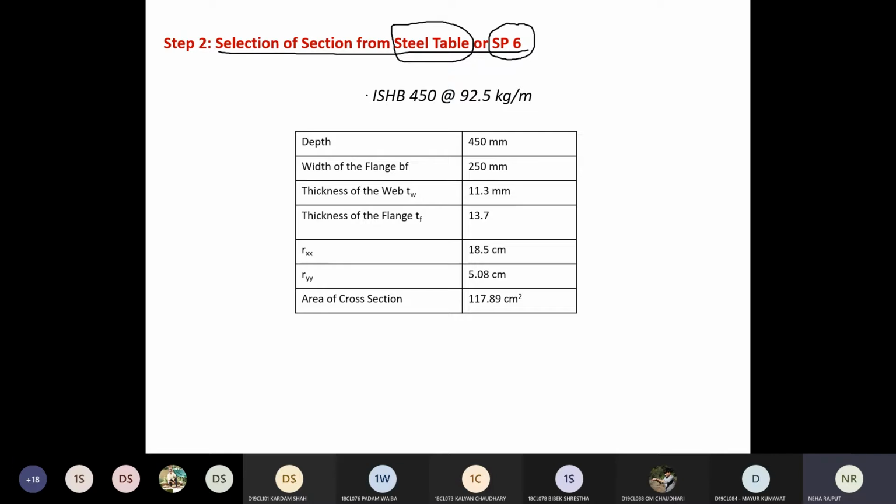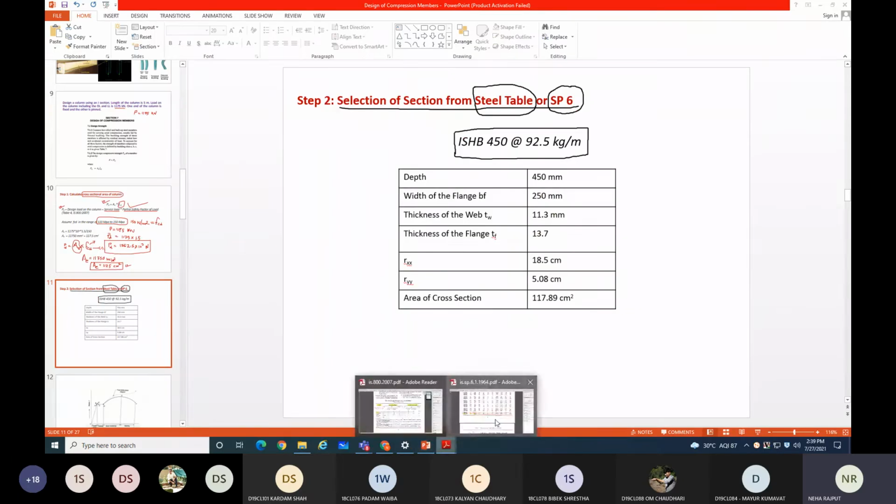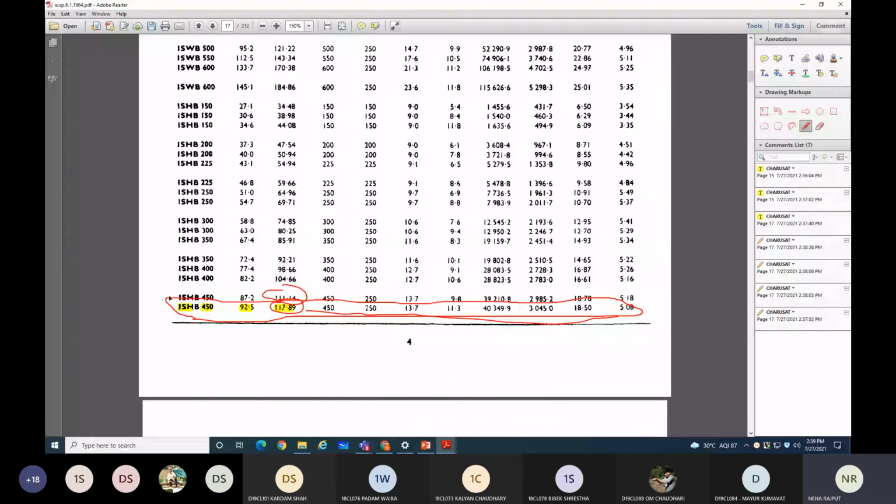Now I have chosen my section as ISHB 450. If you write only ISHB 450, then someone may get confused about which ISHB you are talking about. So for that you need to mention the weight over here.